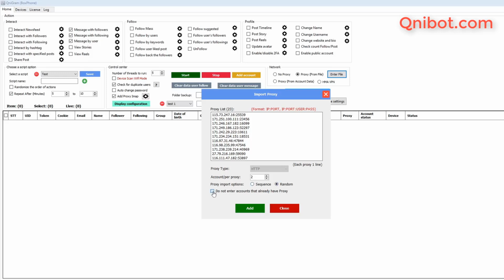Next, if you click on this option, do not enter accounts that already have a proxy, the bot will not use proxy in this file to log in accounts that you imported with proxy already. We will instruct you to import Instagram accounts with proxies later. Otherwise, if you want to use the imported proxy here, whether the Instagram accounts had been imported with proxies or not, you do not click on this option. Finally, you click Add,